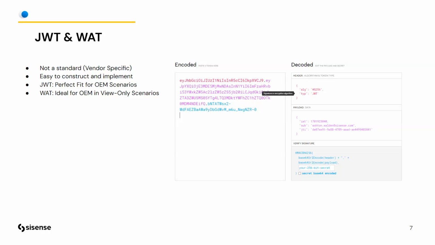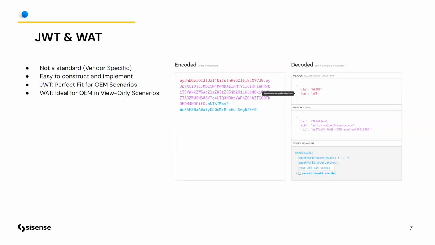So with use cases where your users, if this is an OEM use case, are already authenticated within your own product, let's say you're selling a SaaS app, like an e-commerce app or something, and your users have already logged in to your application, Sisense can treat your application as the identity provider, because you've already authenticated the user. So you could implement very easily a JWT handler on your side to simply forward on the user information, since again, you've already authenticated them. So it's a very, very good fit for OEM scenarios, because then you don't have to be mirroring your customer's single sign-on settings in Sisense as well,